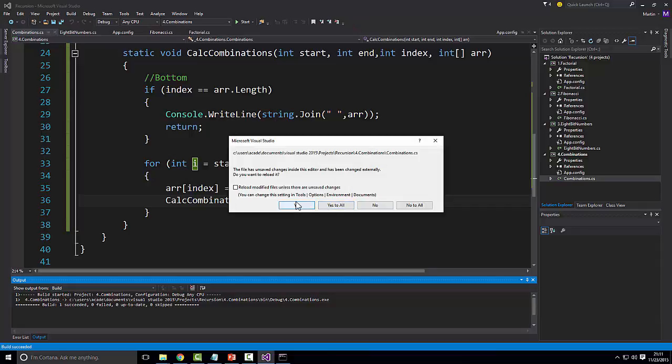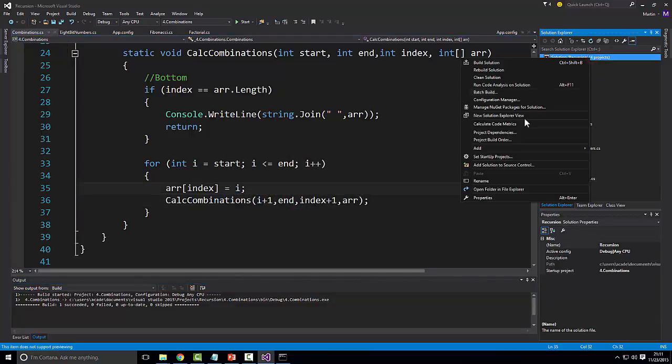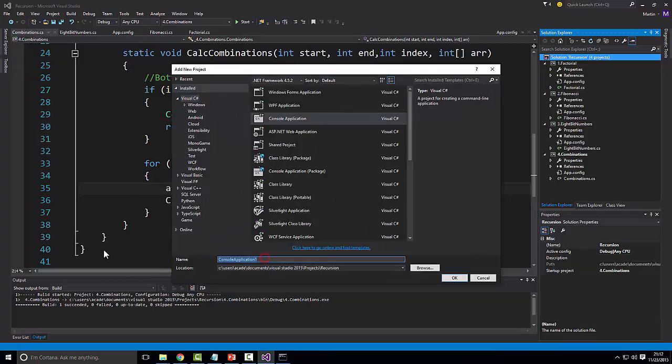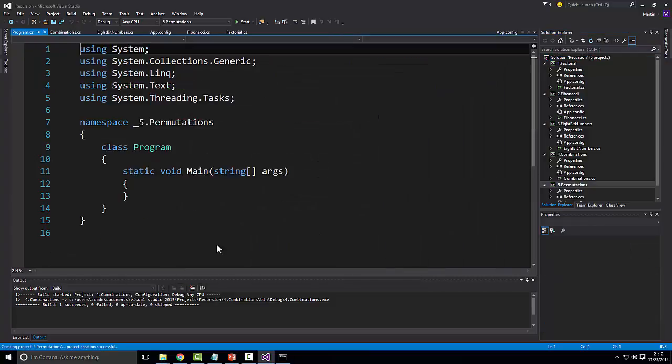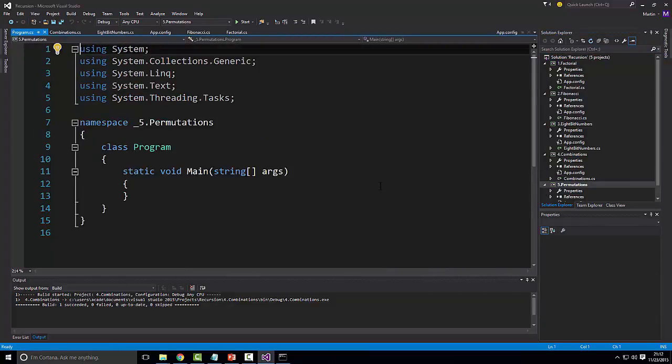I do not know what that is. Okay. So now let's do the new one, which is number 5, permutations, and that's going to be very, very similar to the one that we just wrote, but with a slight